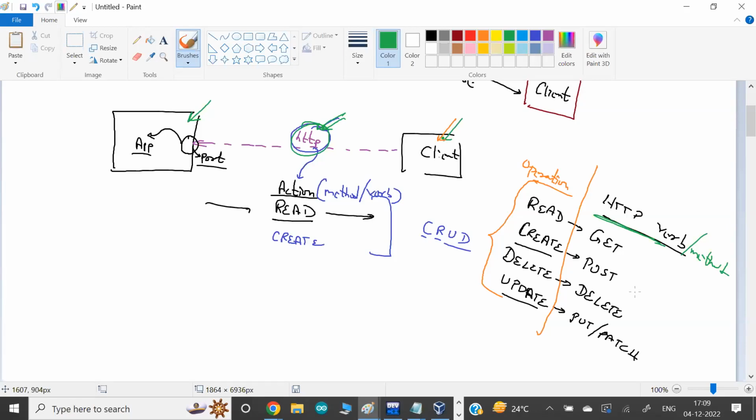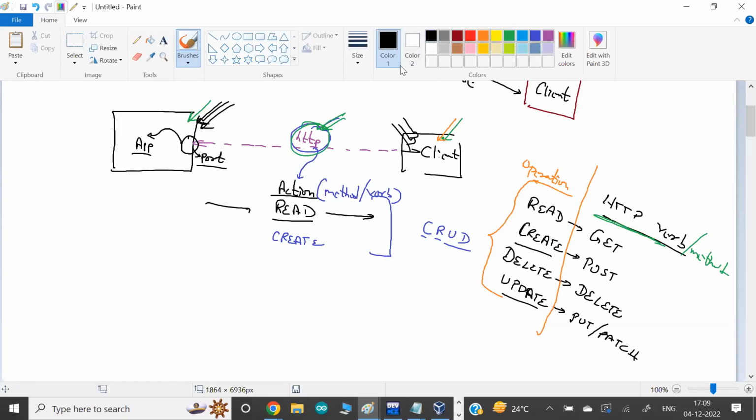So, in the market, what we have done is we have created some standardized names, a standardized way to connect one client to an app, or one service to another service, one microservice to other microservices.